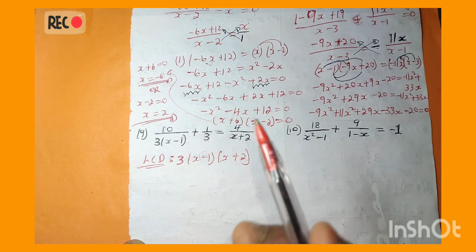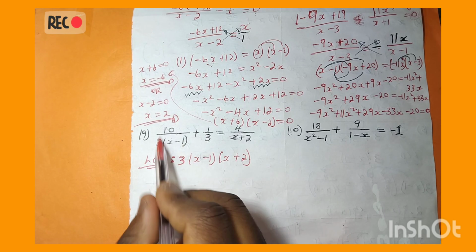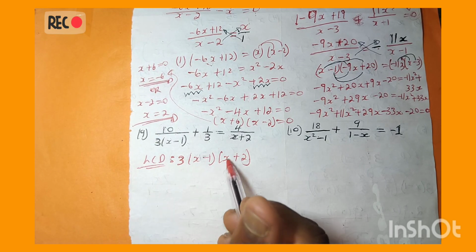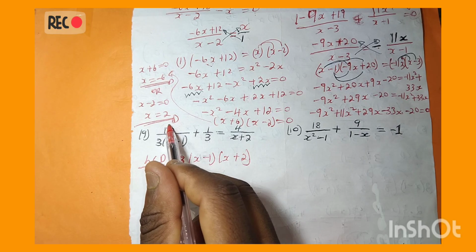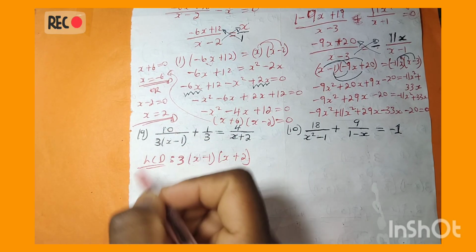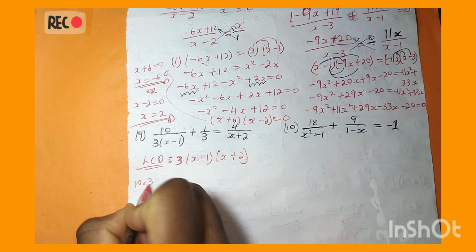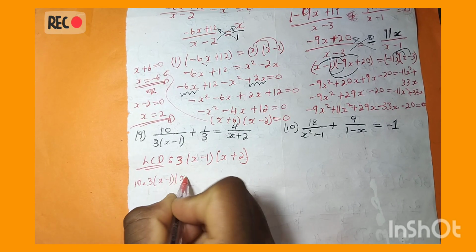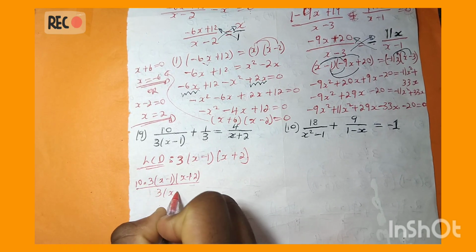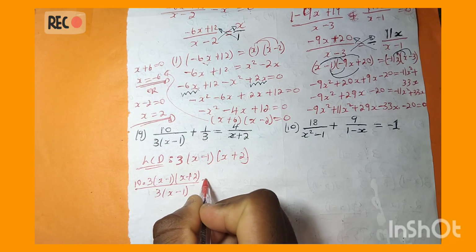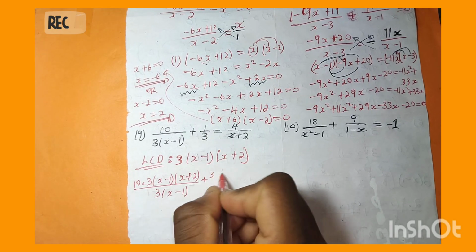And now let me show you guys some tricky part that you can do. That LCD, when it multiplies there, do you notice this thing will go on a numerator, something like this. By the way, this will just go there on a numerator. It means that this thing will be 10, which is 3x then x2. It will go there on a numerator, and then on your denominator you will have this thing, plus this thing, when it is multiplied, it will go on a numerator